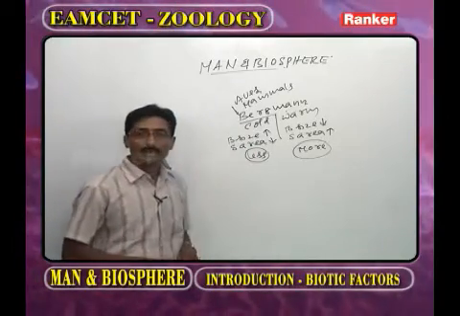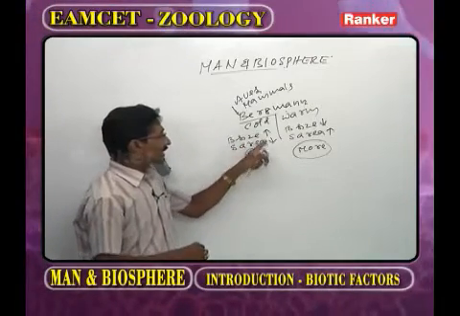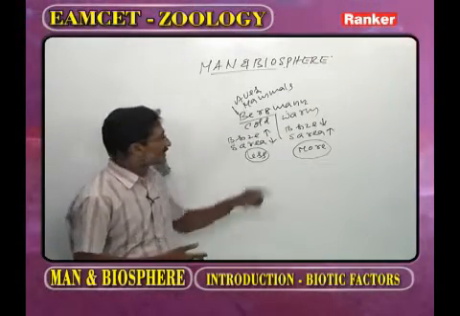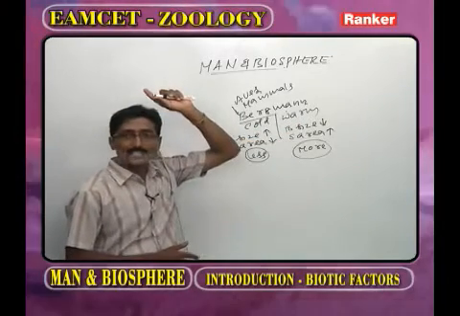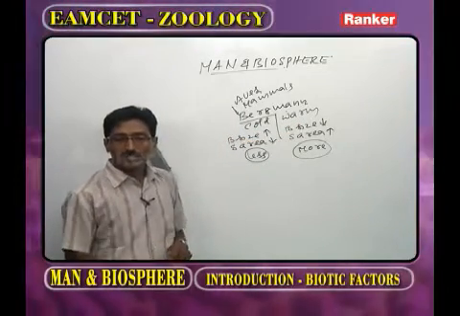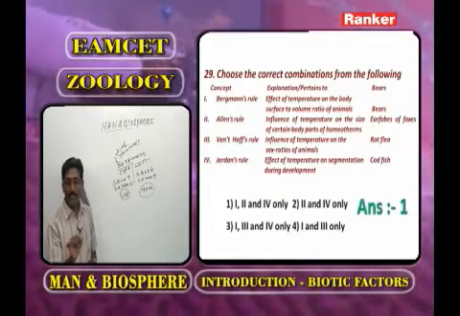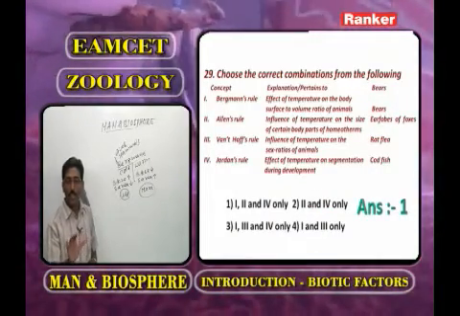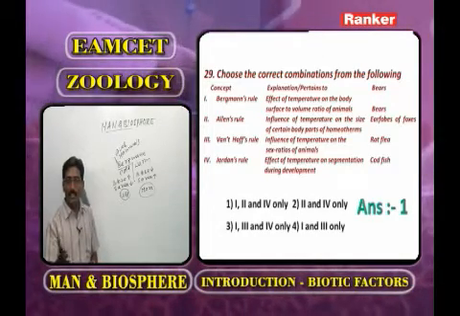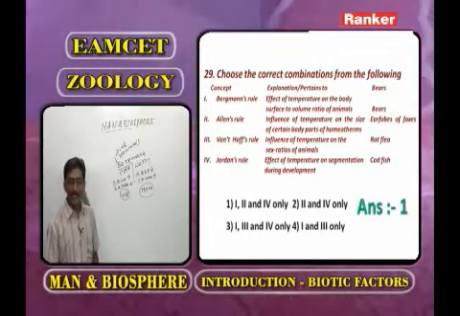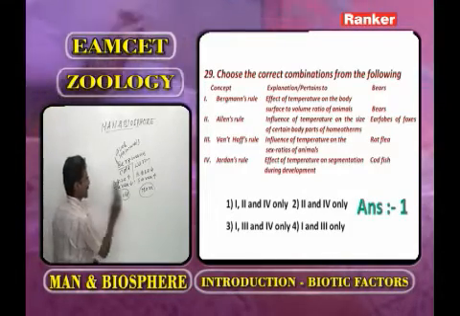So, according to Bergmann, the body size is large and surface area less in colder regions. In the warmer regions, body size is less but the surface area is more. Now, the first option, Bergmann rule, effect of temperature on body surface to volume ratio of animals, is correct. The example is bears. Now, the second one is Allen's rule. As we observe the Allen's